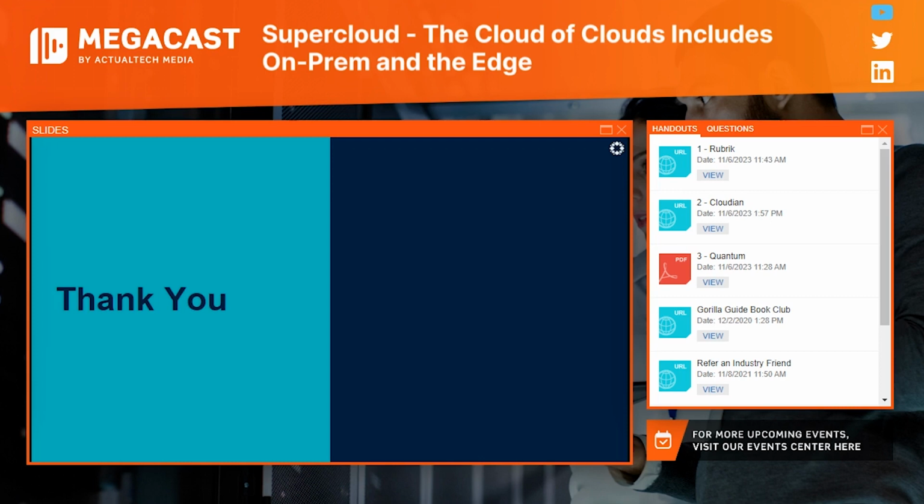Where do I want those backups to be archived or replicated? What's my retention policy for those backups? And many times, what we do see is that workloads running both on-prem and in the cloud have very similar requirements. And so you can define those policies and apply them to workloads regardless of where they are running.